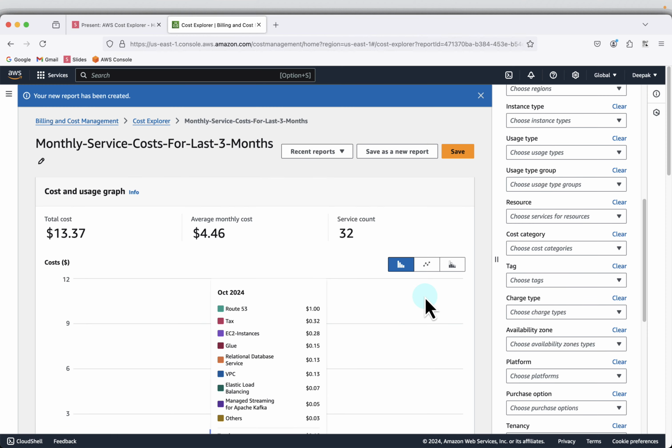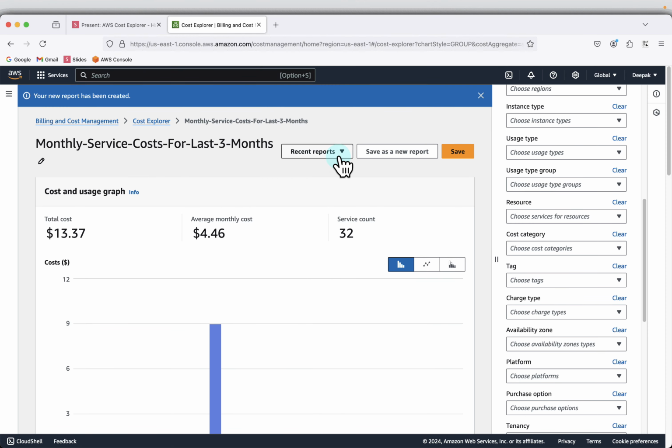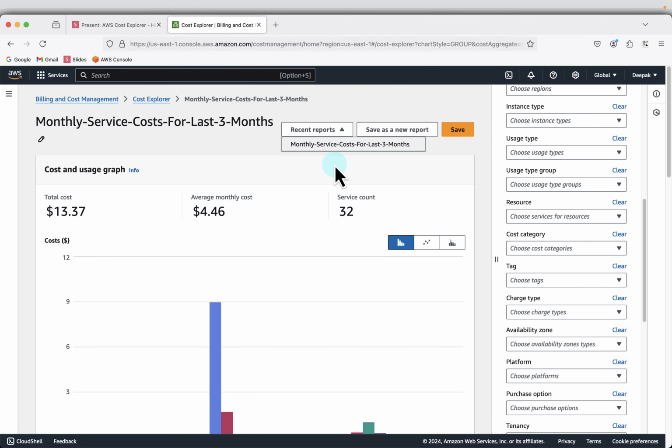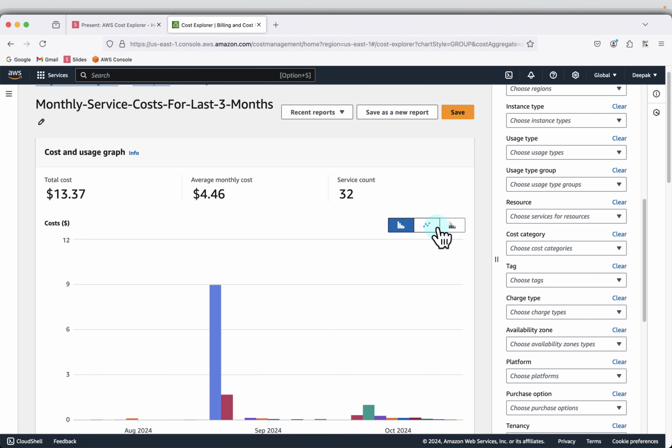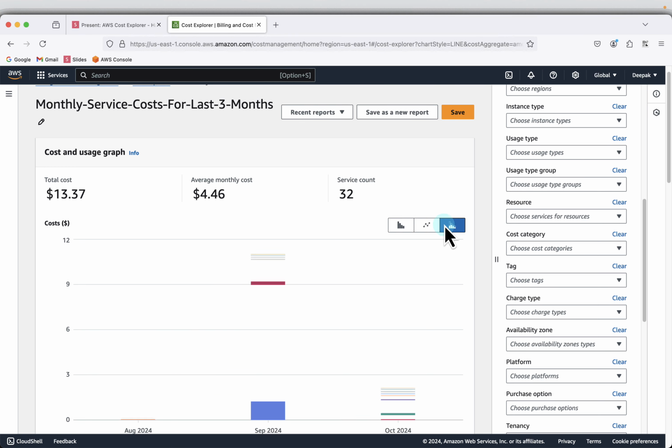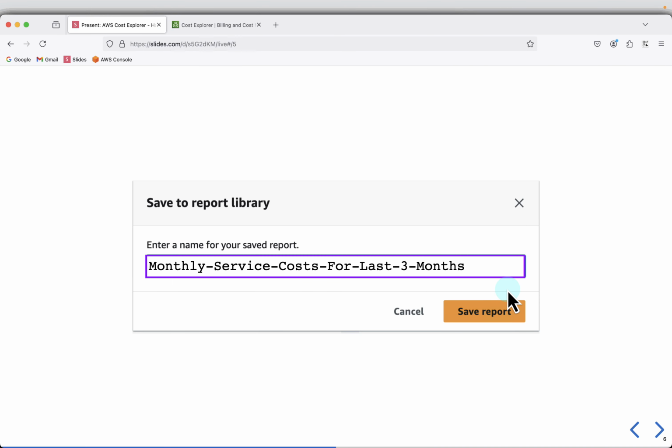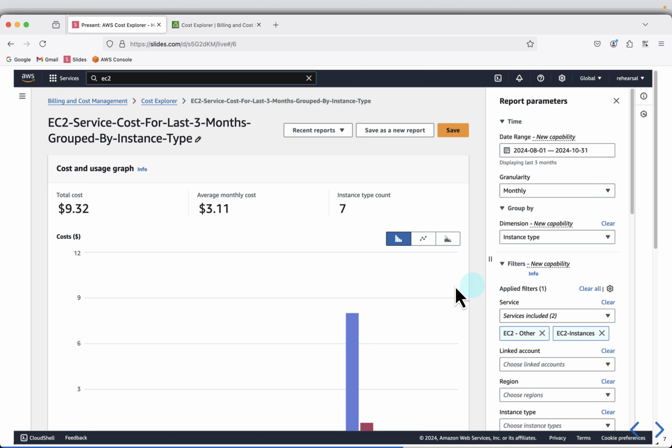Click on save report. So after this, if you just click here, you will see that particular report. So all your recent reports will be here, and so the data, so you can just change the view, but the report will be the same. So this is our first report, and similarly we will create one more report called EC2 service cost for last